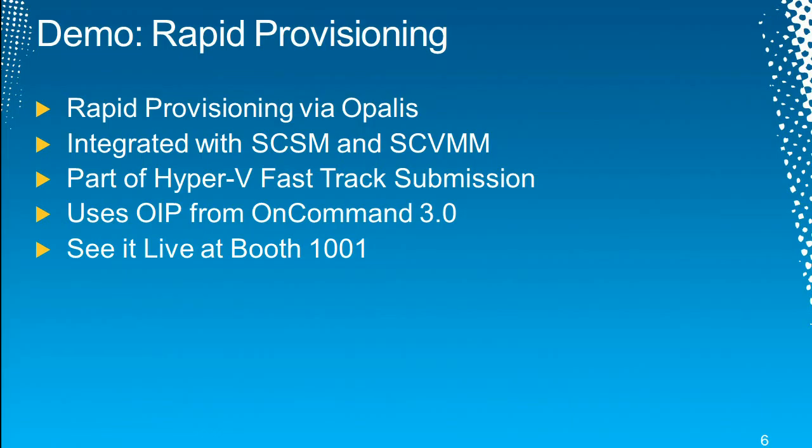So it's not quite on topic, but we're part of the Fast Track for Hyper-V program, and one of the things that they require as part of that program is automated tools for doing things like provisioning. So we could have gone out and written our own automator ourselves, but that didn't really make any sense. So what we did instead is we built